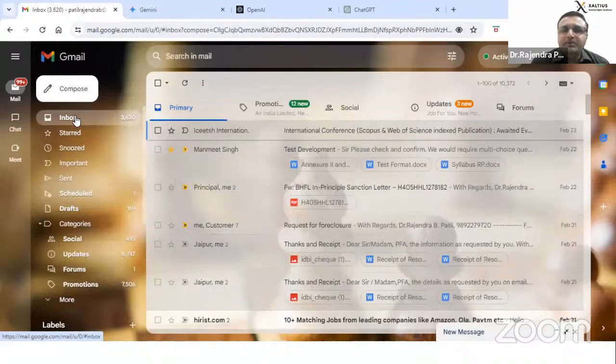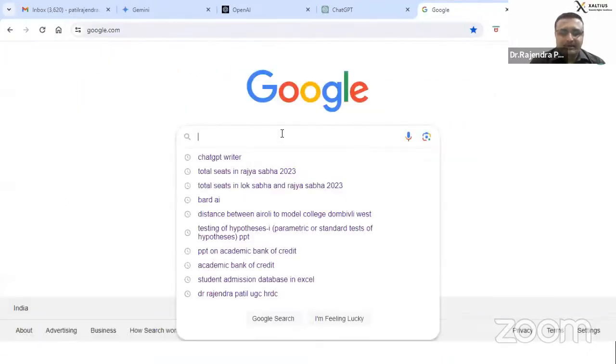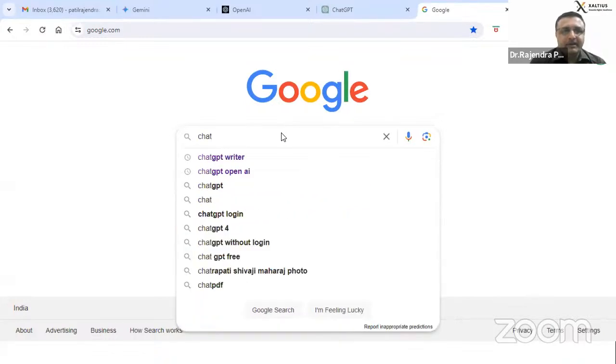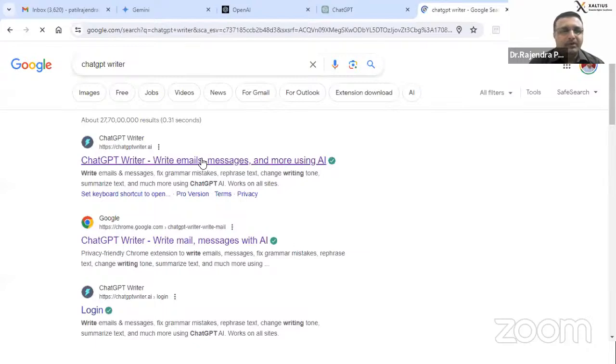Now, what is the purpose of showing you? Because when you work as a researcher, it is required that you follow and use these small tools. So how to get into it? Let's go to Google. There is a ChatGPT writer. Hope you all are following me.